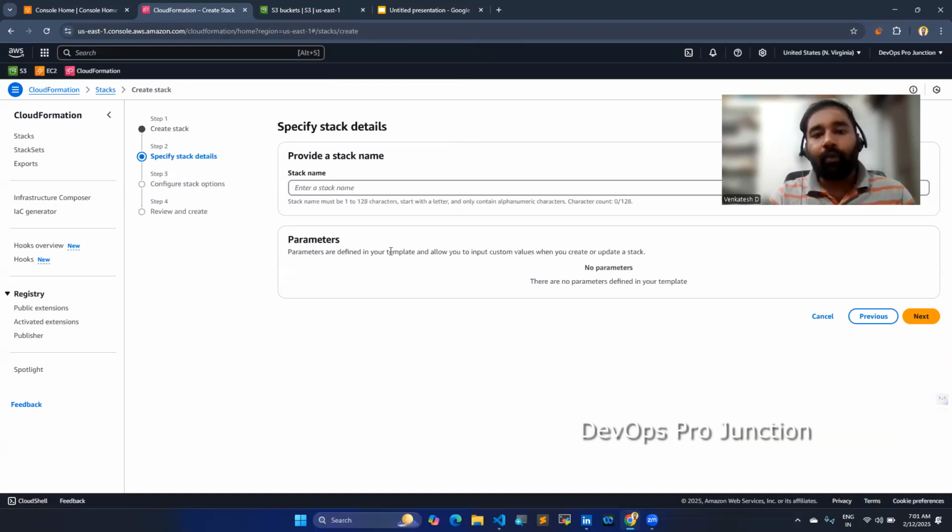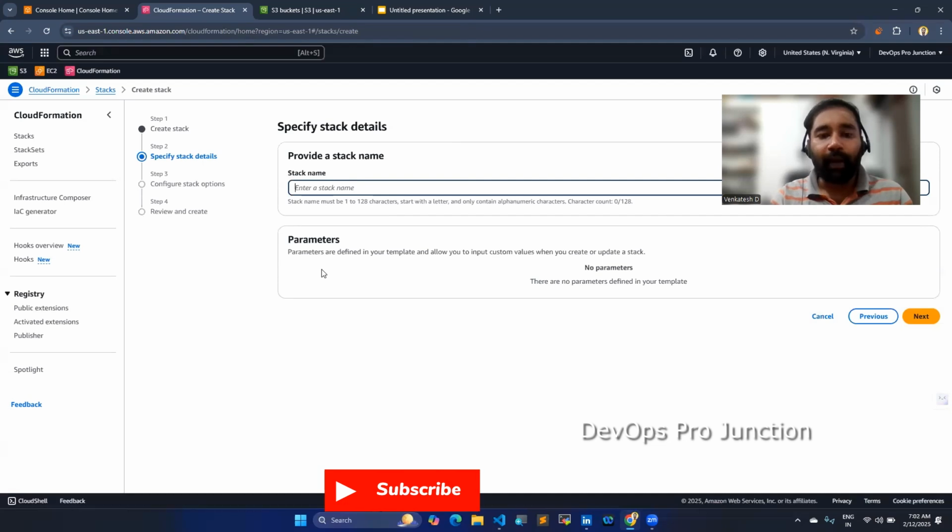So next time you want to use the same template, but you have to modify on the stack, which means you want to modify in the template, but without modifying that you can mention it as a parameter. That way it will show you some drop down, or you can enter the value, you can give it as an input value. That way the parameter will take it to create your S3 bucket on the different, or it can